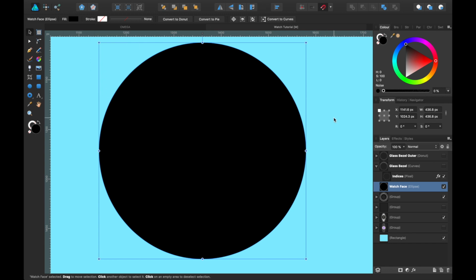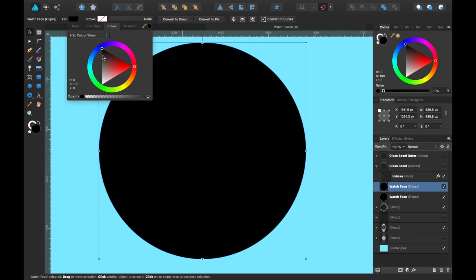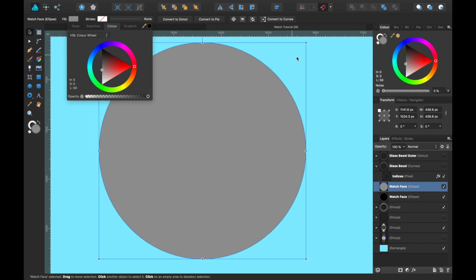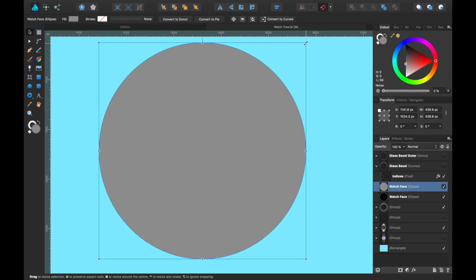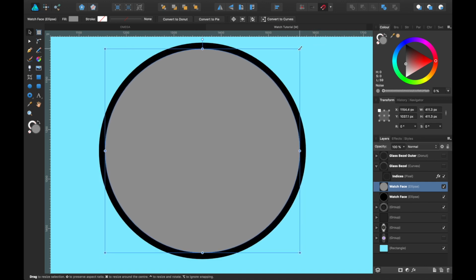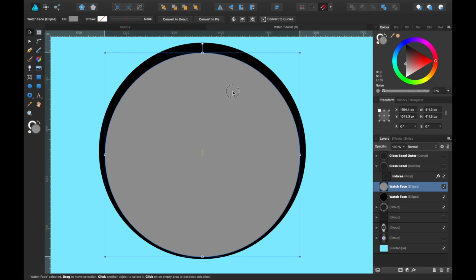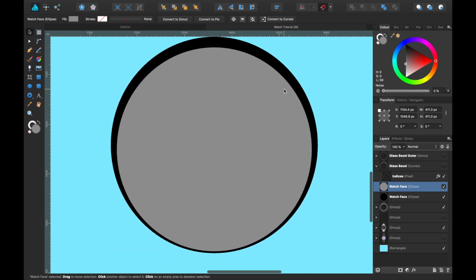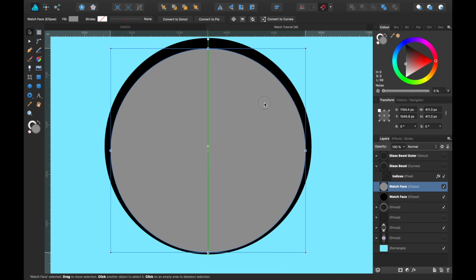Alright, now we want to cut a little bit out of it, so I'm just going to create another circle now. So I'm going to duplicate that, Command C, Command V on a Mac, and I'll just change the color a little bit so you can see the difference. Okay, so here we have the grey one. I'm just going to make it a little bit smaller like that, and I'm going to place it down here. So basically you just want to cut out around, you want to cut into the black one. We have the grey on top and black behind.